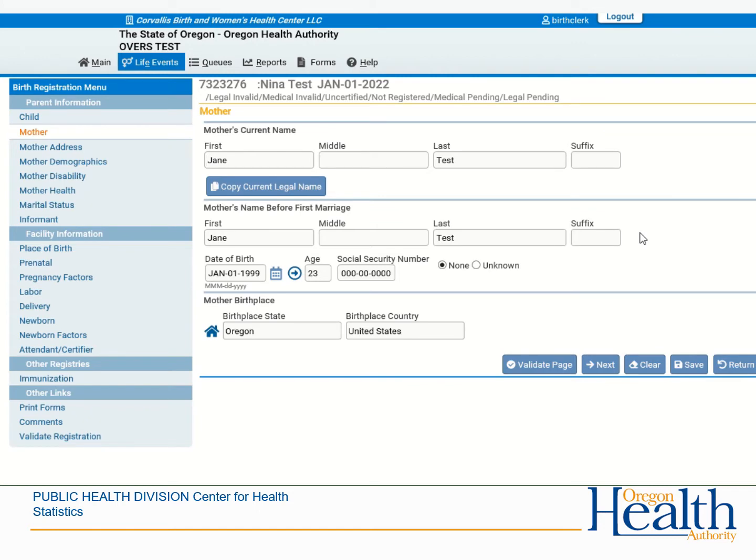So I have already entered some information on this case just so we can go through the screens a little quicker. But you can see we've got the mother's first and last name, and then below that the first and last name and middle name from before the first marriage. So if the mother has the same name, you can always just click Copy Current Legal Name, or if they were married, then you could put